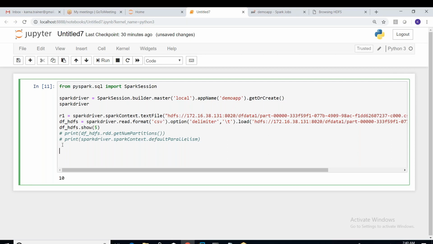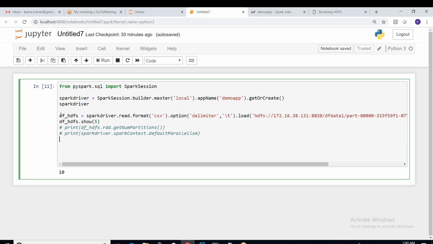So we are trying to read the data from HDFS, and we shall try to see how we can write to HDFS again. Before writing the data to HDFS, meanwhile we shall try to apply some basic operations on this data frame. I would like to show some basic operations on the data frame.